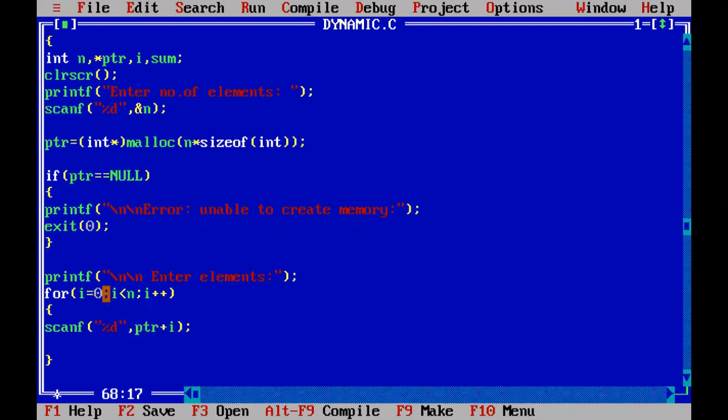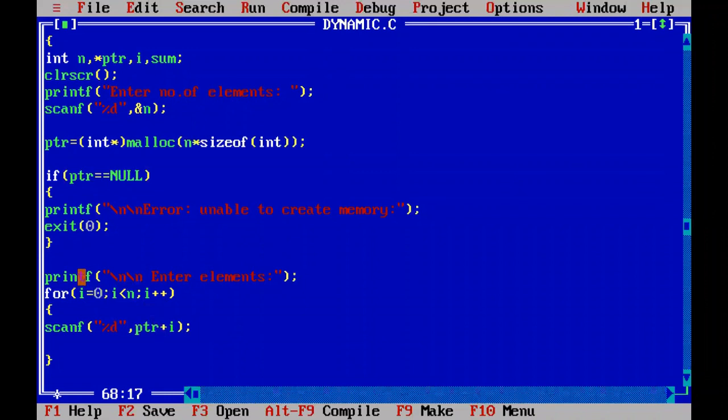When i is incremented to 1, ptr plus 1 means ptr is now pointing to the second element. Into the second integer element, you store the second value. When i is incremented from 1 to 2, ptr plus 2 is now pointing to the third integer element address, and you store the third integer value.